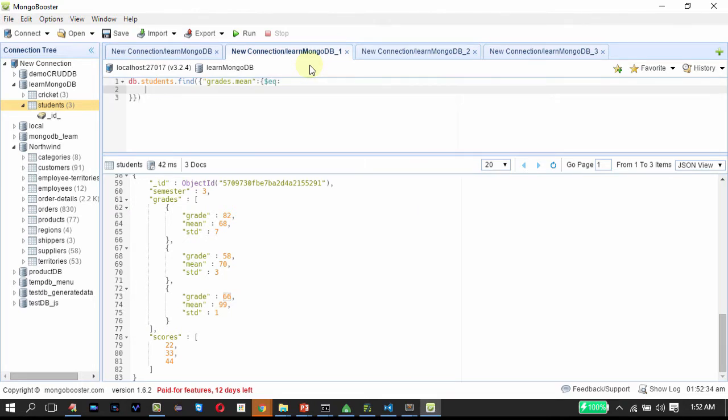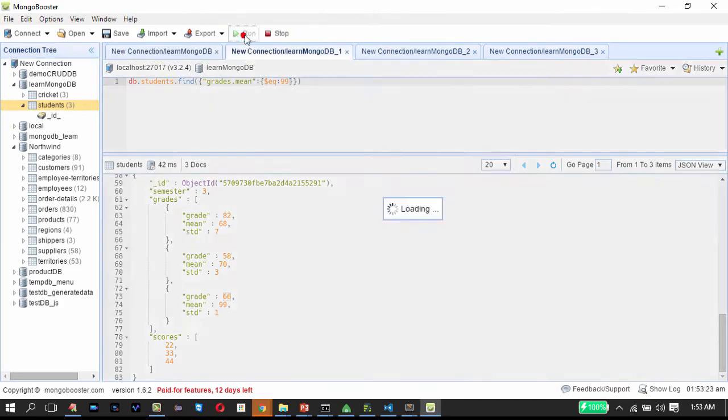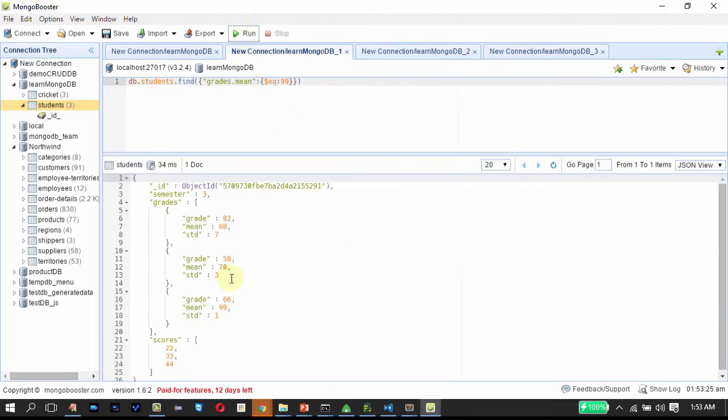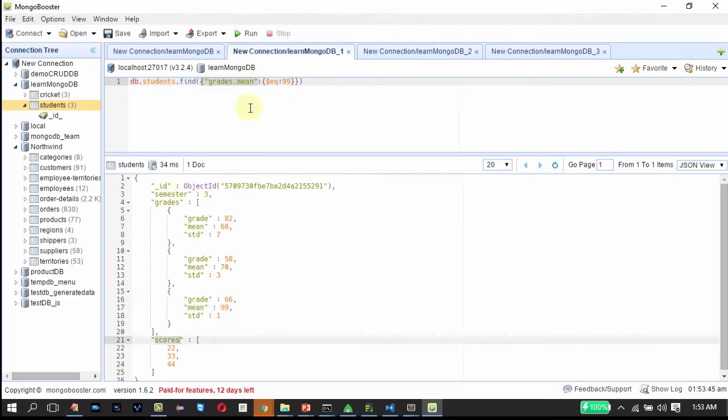$eq. The value is 99. So on clicking run, we must see only one document in the result. Yes, we got the same. You just need to remember that this key needs to be surrounded with double quotes, whereas this is optional for other types.